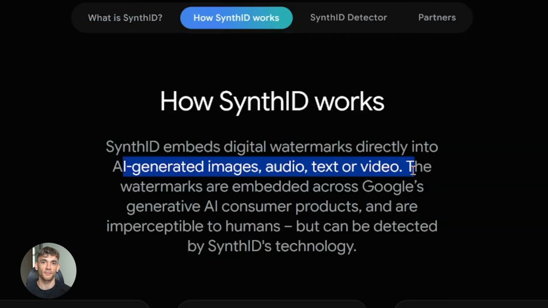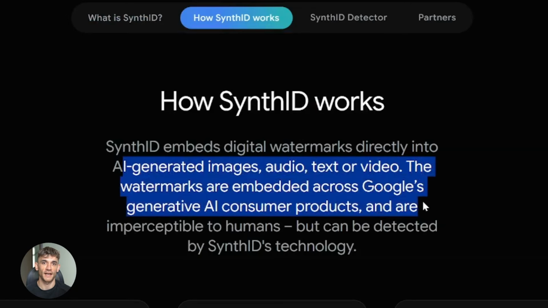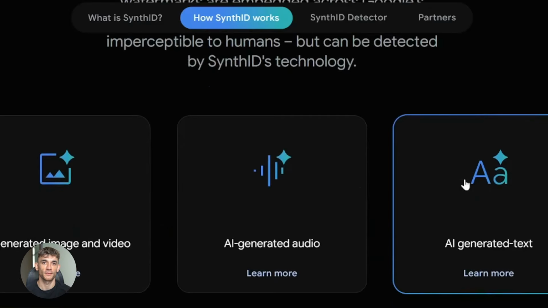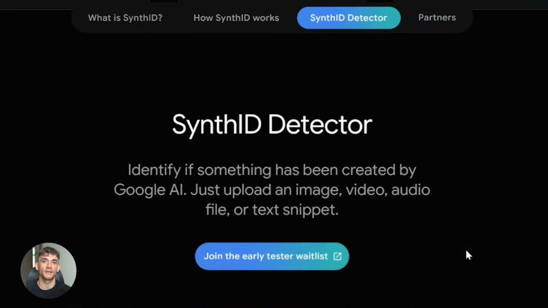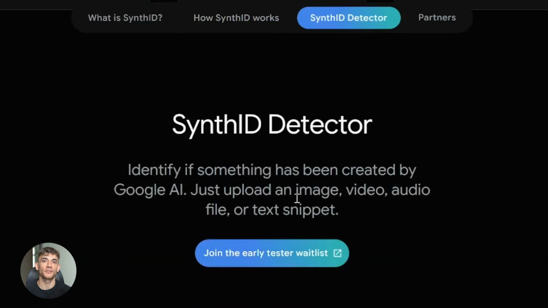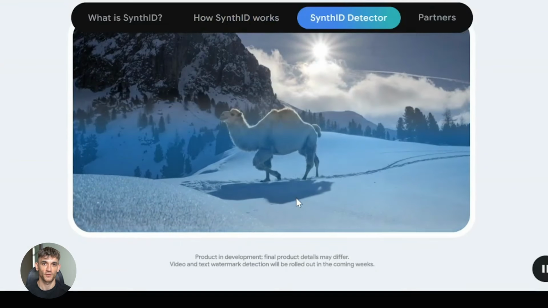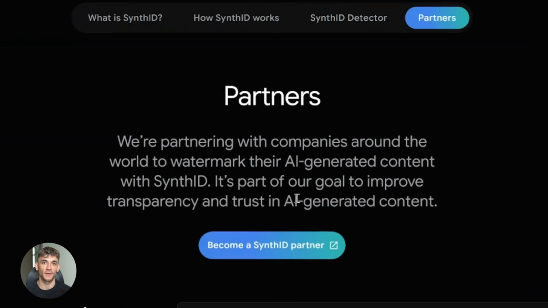Here's what I think is going to happen. Within a few months, using AI to edit photos in search is going to be totally normal. Just like how we all use filters on Instagram now, it'll be a basic thing everyone does. And Google putting this in search is what makes that possible. They're putting the power in the hands of billions of people,